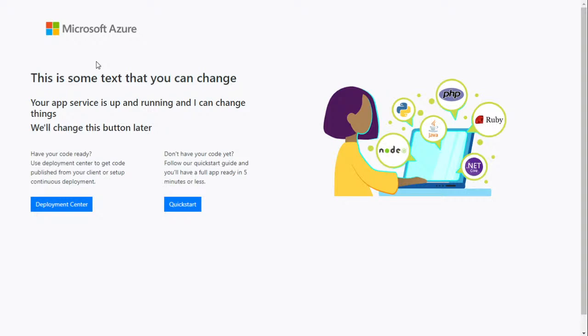All right, and this is just some front end that I've made changes to. I haven't really done any coding at all yet. This is just so that you're able to see how you can change some things if you're deploying an ASP.NET website.